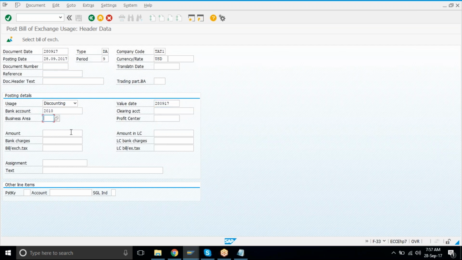Come down. Here, 100,000 is the total bill value. So a 10% discounting rate is applicable. In that case, you are going to receive how much? 90, and 10,000 will be posted as what? Charges, discounting charges, right? So mention them separately here, 90 and 10, and the total accumulates to 100,000.